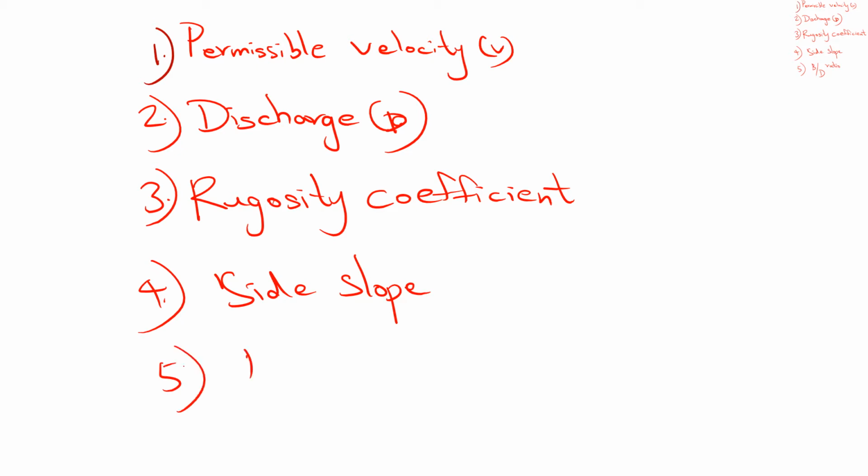then the B by D ratio. Actually, B by D ratio is the breadth by depth ratio, not discharge, breadth by depth ratio. Okay, don't confuse it. These are the values which are given to you for the design of this canal section by using the most economical method by Manning's formula. Okay, let's proceed to the sum in the next slide.